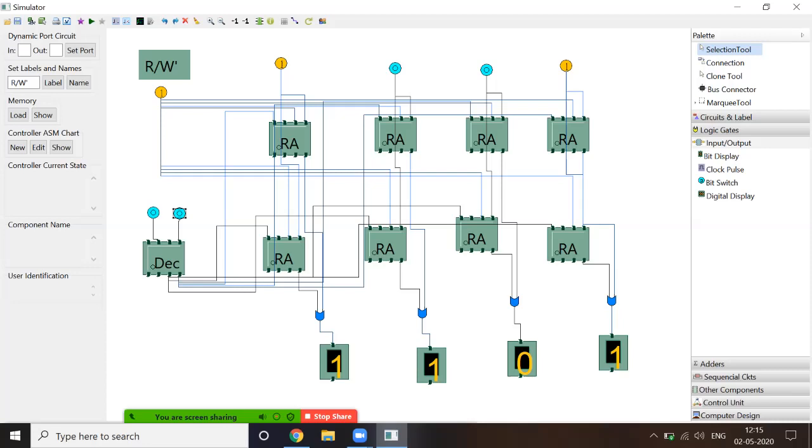Okay, so I hope you'll be able to perform the virtual lab experiments like this using the simulator. So you can do it at home also using the net. You just require this simulator once to download, and after that you can perform any experiments. Okay, you don't need any breadboard or any kind of circuit, but just for understanding purposes of how it works, you can make the circuits over here. Okay, thank you.